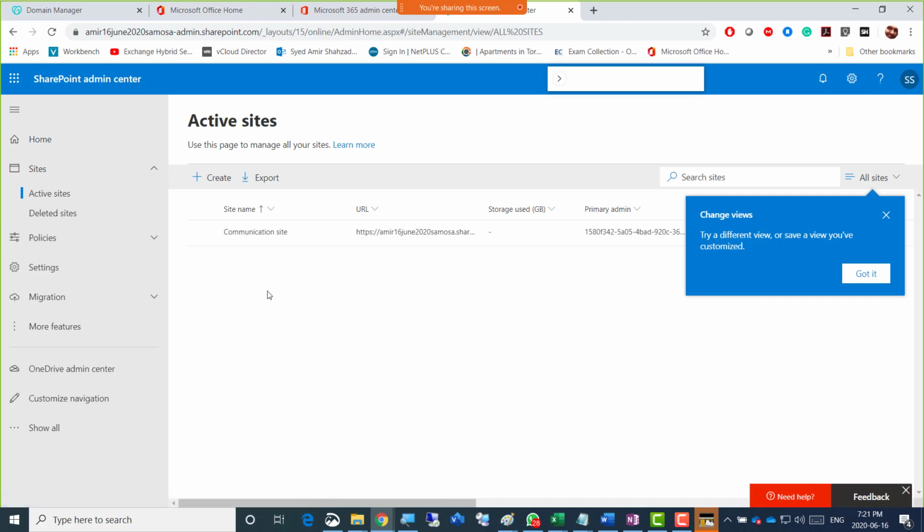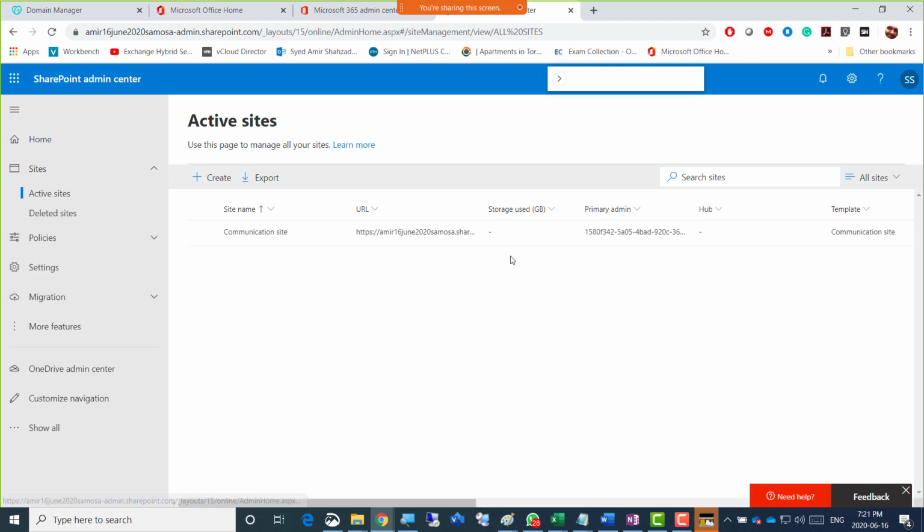We had created a site last time. Oh, where did that site go? Where did we create it last time? Let's search that. Okay, let's go ahead and just create a new site. But you can see that there is already a communication site here, right? And we saw that there were two types of sites there. One is Teams and one is communication.